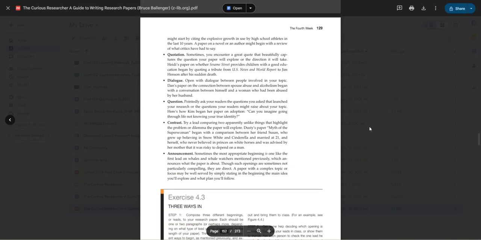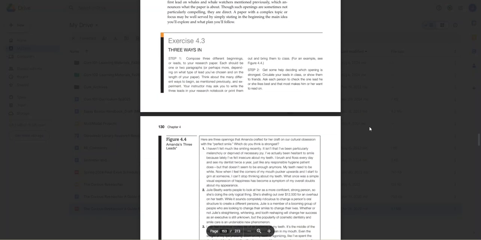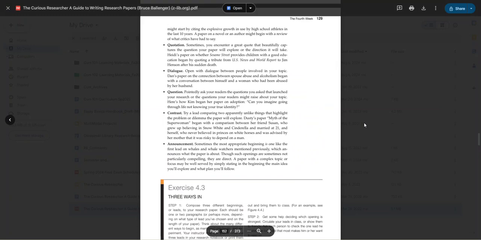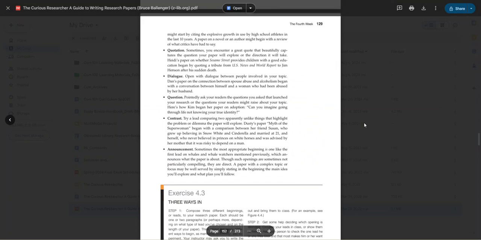So this is important because in exercise 4.3, the 3 ways in, you are actually writing an introduction for your research essay draft. You are taking 3 of those leads that was described here and giving them sort of a test drive.